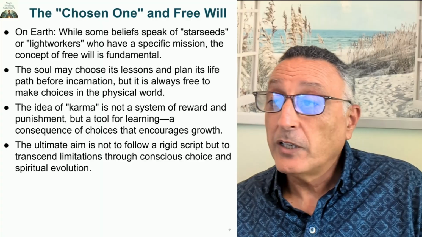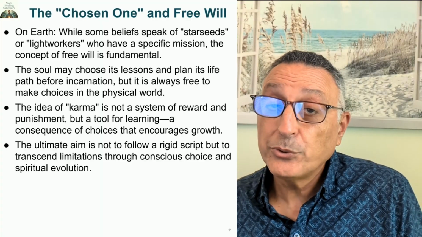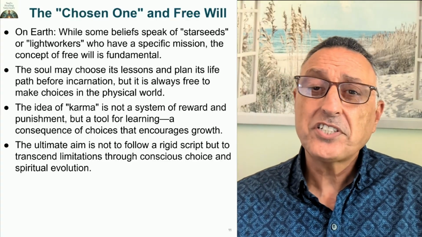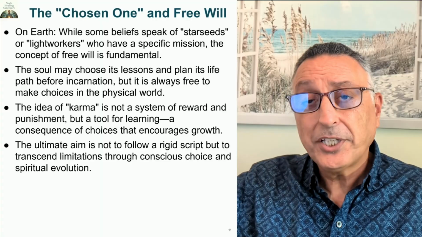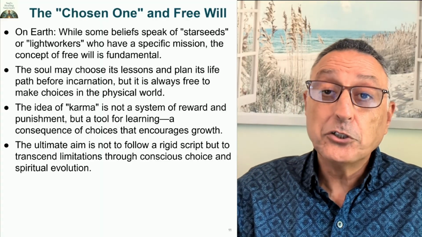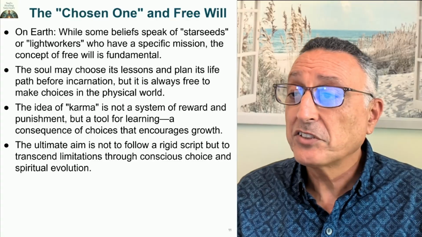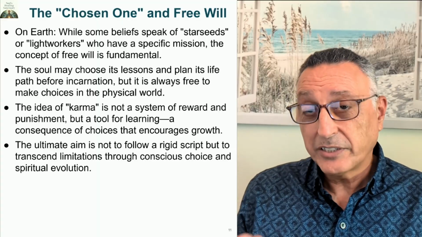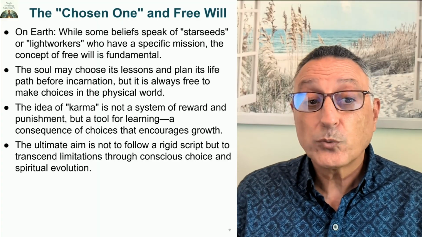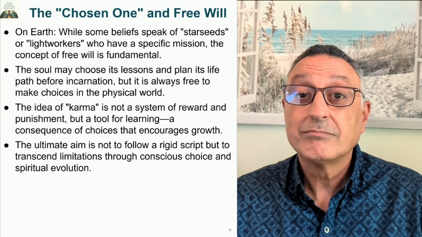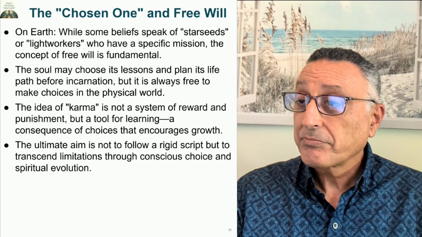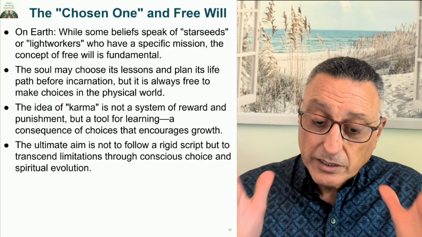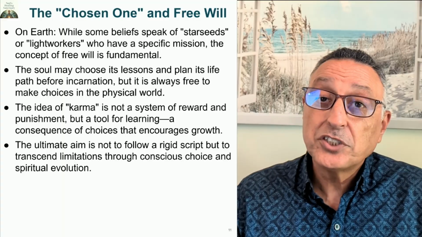What about Earth? Well, we have chosen ones and we have free will too. Many times the chosen ones are called star seeds, meaning they're from other planets. They're just coming here relatively new, let's say a couple or three incarnations ago. Or sometimes they're called light workers because they understand who they really are. They're energetic beings, right? And they're working to help other people awaken. That's what they do. So they try to follow their mission, but they have free will while operating and trying to achieve their goals.